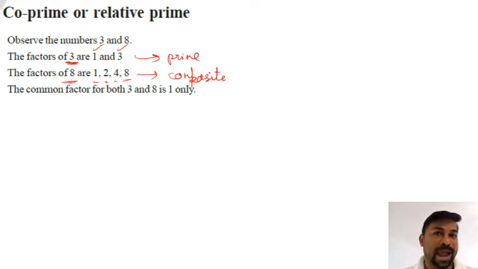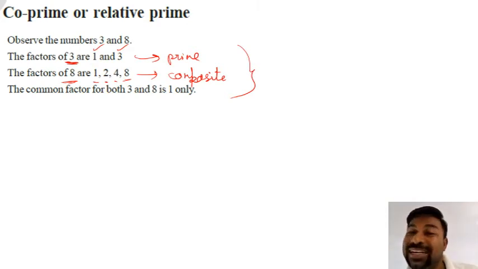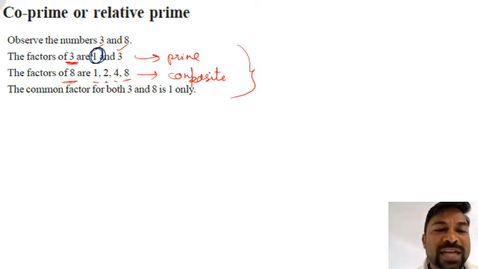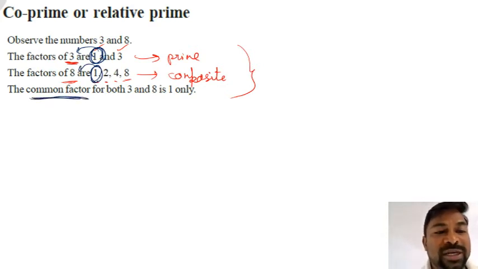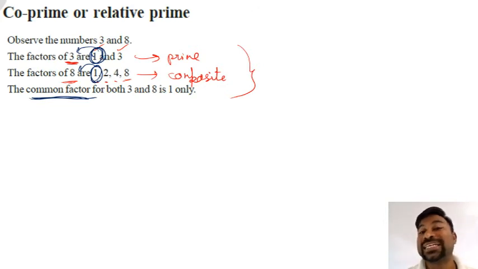So we have chosen a prime number and a composite number. Now we are figuring out the relation between them. What are the common factors which we can see in both the numbers? What is the meaning of common? Which is present in both. So see, 1 is a factor of 3, right? And 1 is a factor of 8 also. Shall I say common factor? What is the meaning of common factor? Present in both. So 1 is present in 3 and 1 is present in 8 also.